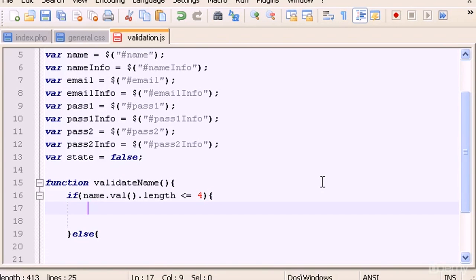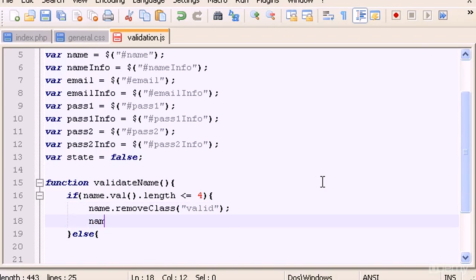And if it is less than 4, what I'm going to do is name, and type remove class valid,